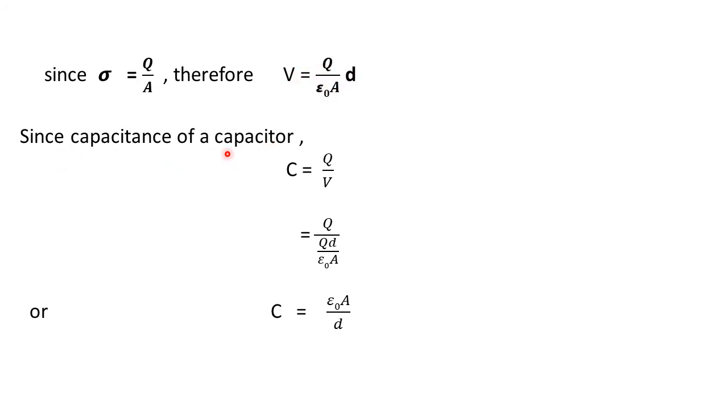And capacitance of a capacitor is given by this formula, C is equal to Q by V. Q charge is supplied to that plate of the capacitor and V is the potential difference developed between the plates. So C is equal to Q by V. Put up the value of V from here. You get C is equal to epsilon naught A by d. Here free space is there between the plates of the capacitor. That's why permittivity of the free space epsilon naught is appearing here.